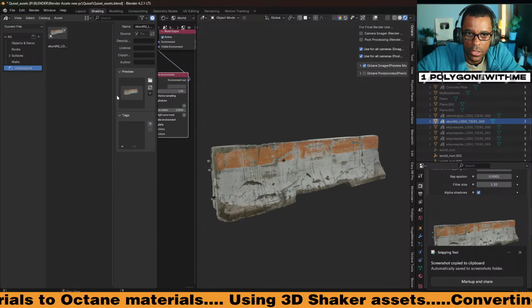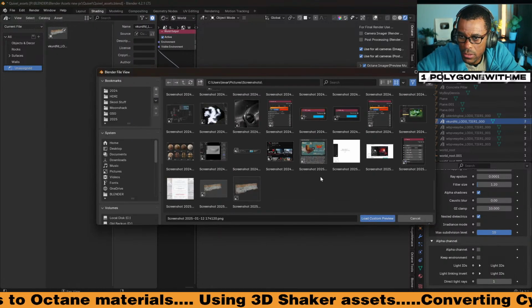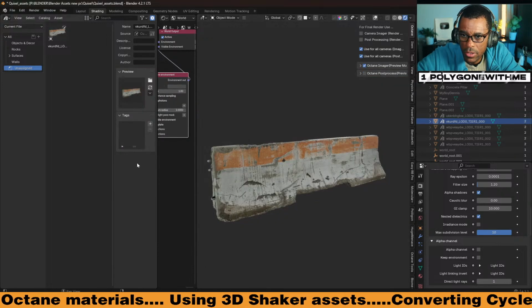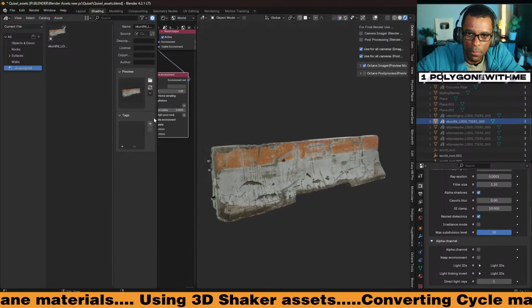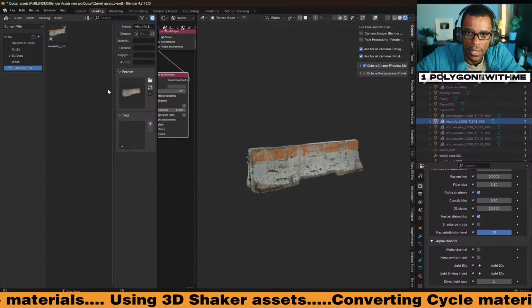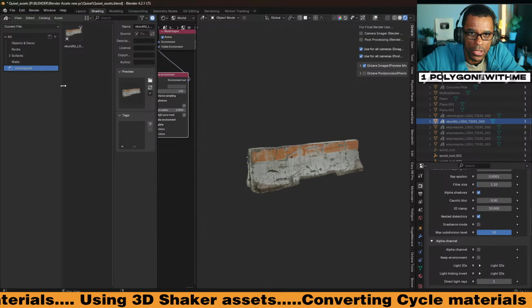Let's jump back over here. I'm gonna load that one in. Yeah, that was better. That one's way better. Okay, boom, there's my preview. All right, that's set. Now what I need to do is put this where I want it, and you can